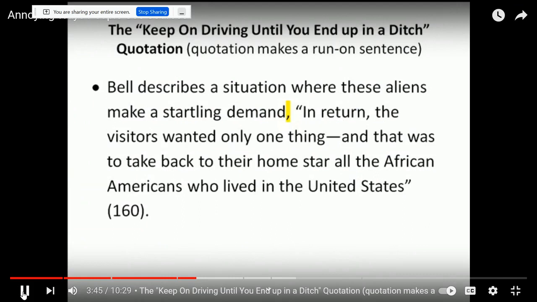You just said an entire sentence. You can't end an entire sentence with a comma. Now you might say, wait, you just said a second ago you should use commas before quotations. Well, not always. In this situation, the first part before the quotation is a complete sentence. So it feels like a run-on. It actually is a run-on. It's a comma splice, if you want to look that up.